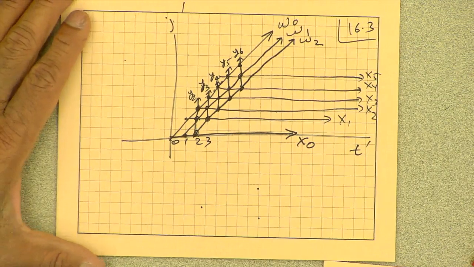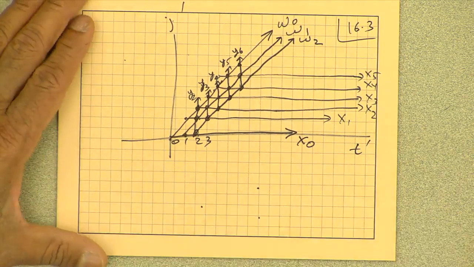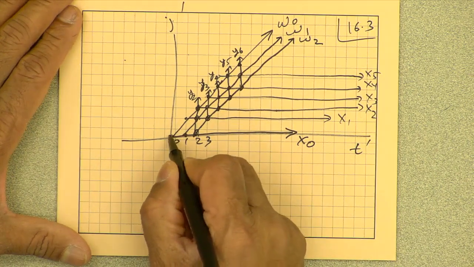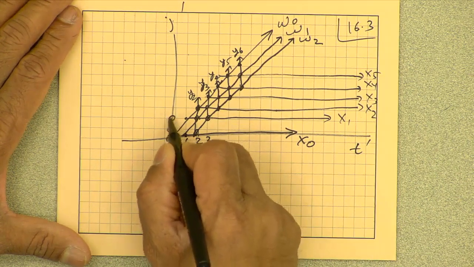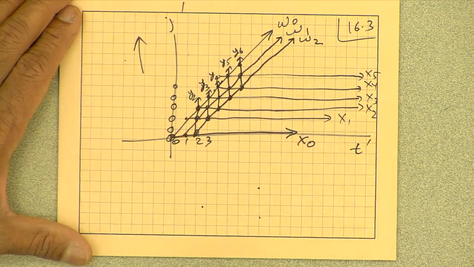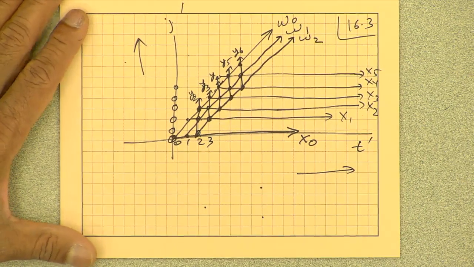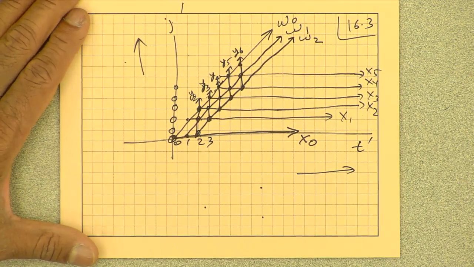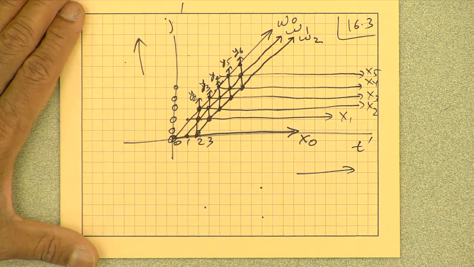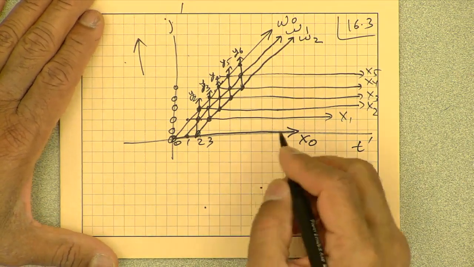Okay, so what does that really say? Now remember that each one of these is a processing element. On the j prime axis, this is the processor axis and this is the time axis. So when this node is being executed, at first impression, let's see what is really happening here.